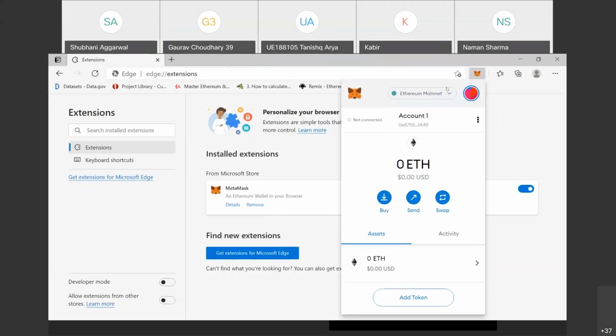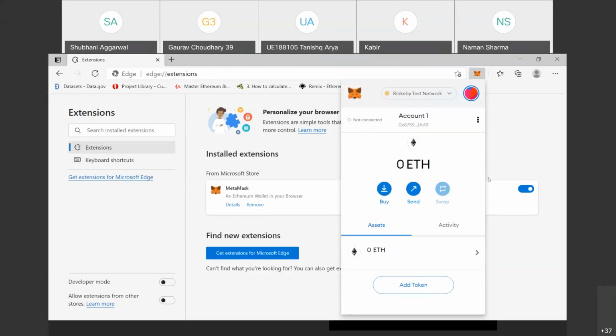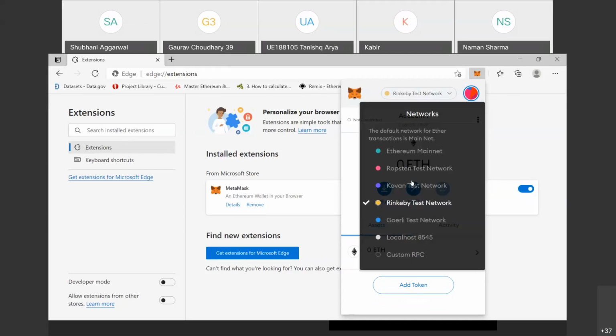Here we click the Linea test network, because if you want to connect your smart contract with MetaMask, then you can connect only by your Linea test network. It is a test network. So here we use fake ethers, not real ethers. For testing, for a test network, we use fake ethers.